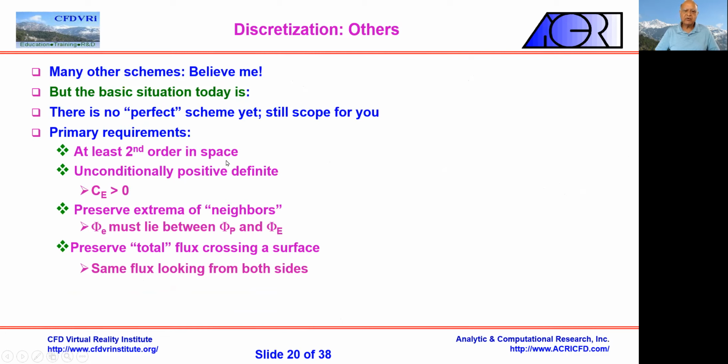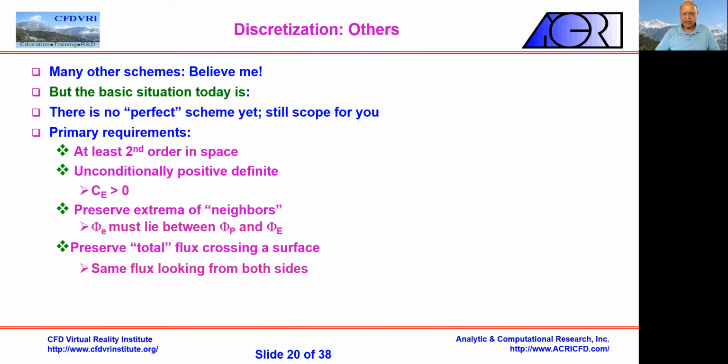If we want a first order, we already have a scheme. It's upwind differencing. That's not what we want, okay? It must be unconditionally positive definite. CE must be greater than 0, right? So whatever you use for psi or for intermediate alpha, that must be 0. It must preserve the extrema of the neighbors under all conditions. The computed value must lie between phi P and phi E, and so must the cell value